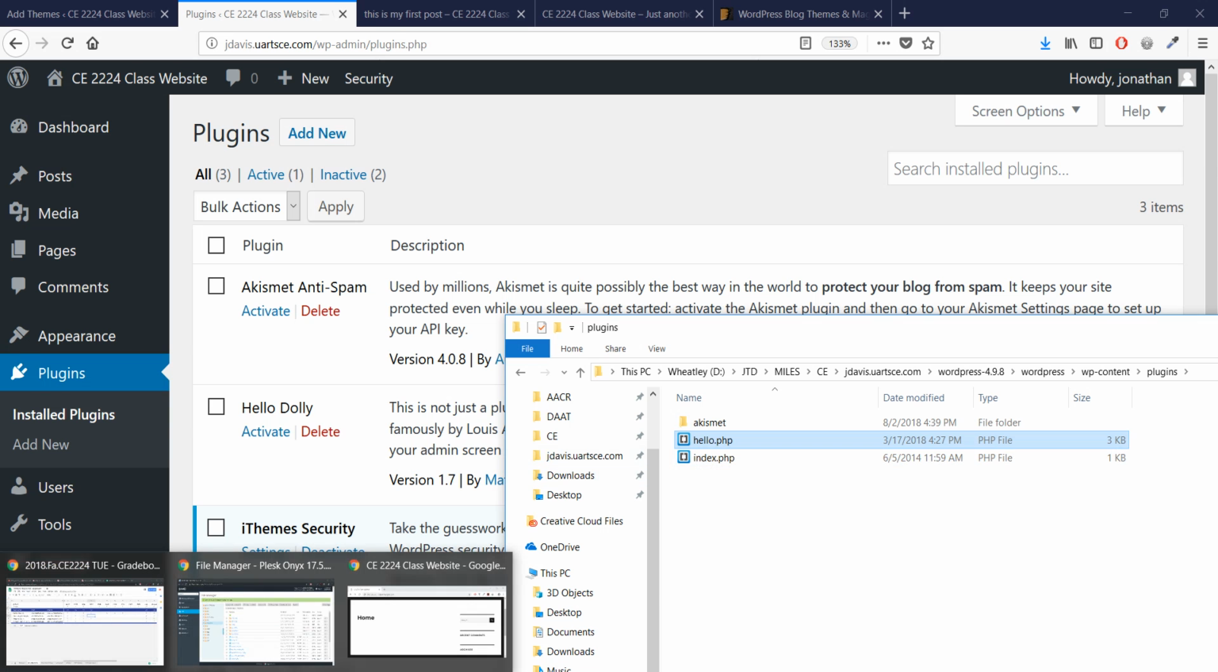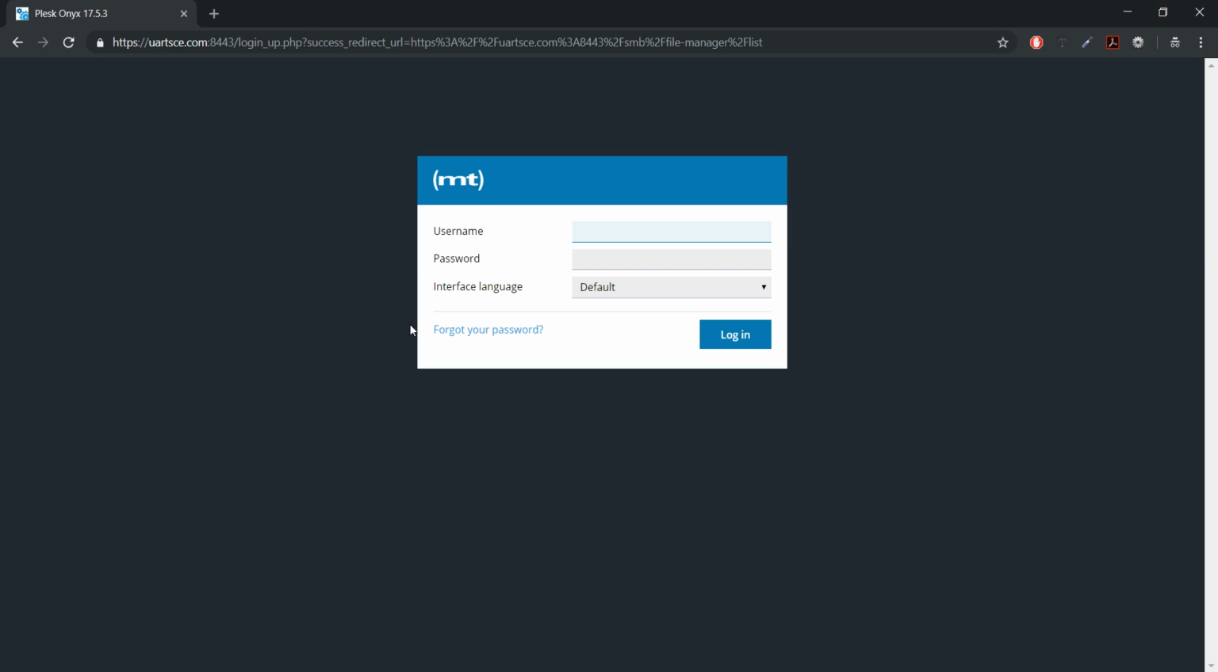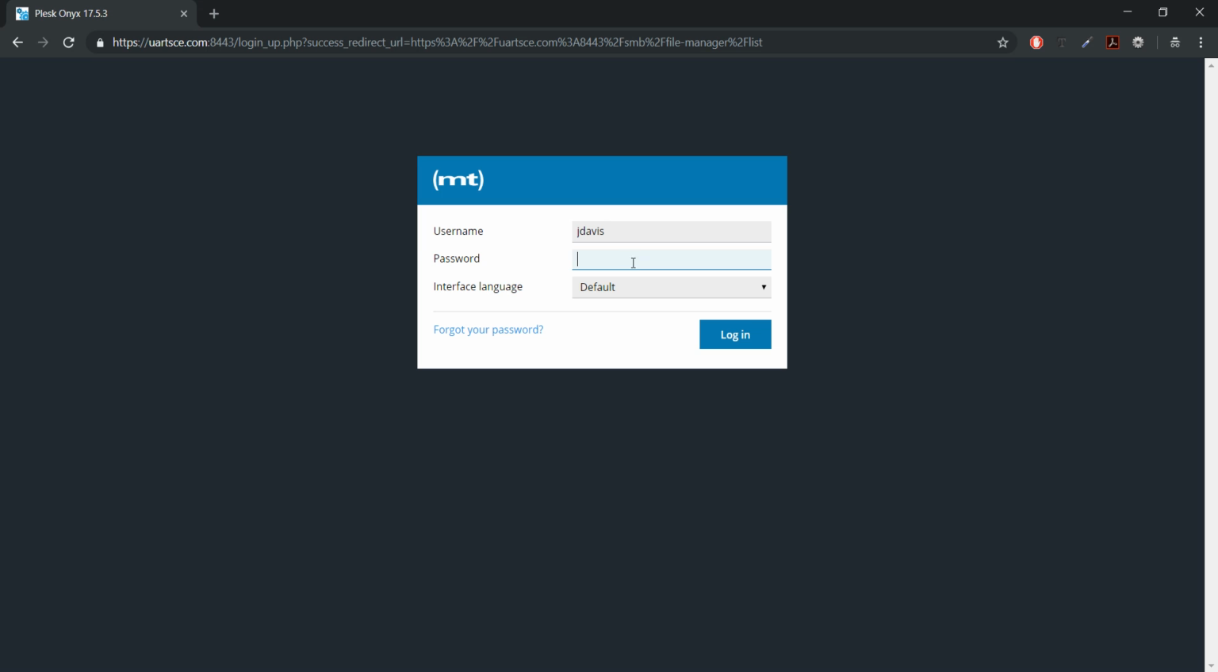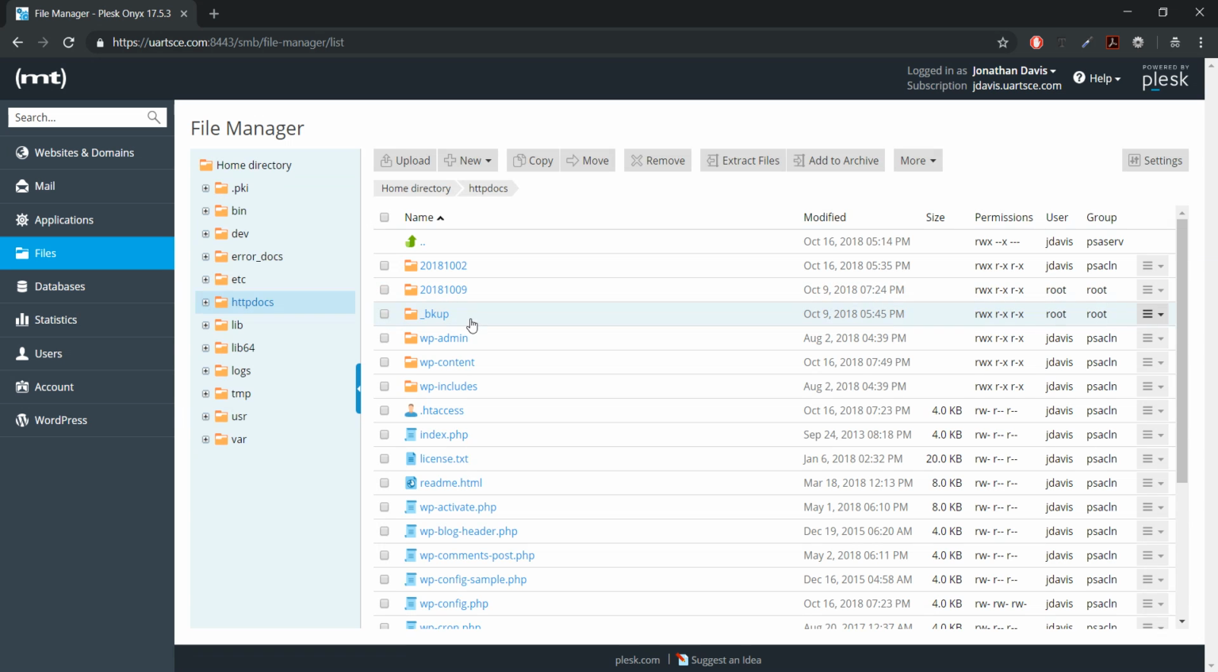If I go into Media Temple, and am I still logged in? Of course I'm not. Yeah, it's a security precaution. In a way, it's trying to protect us, but it's kind of annoying. Anyway, if I'm back in Media Temple and I'm under the file manager, if I go under HTTP docs, again,